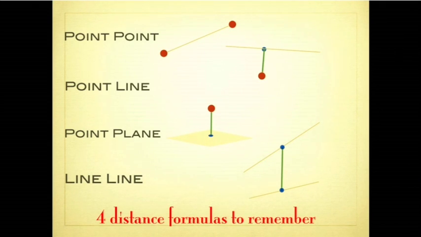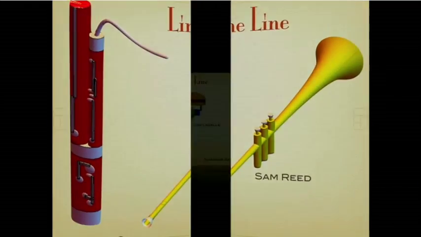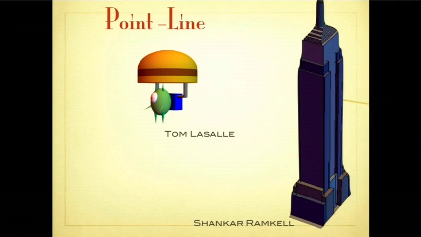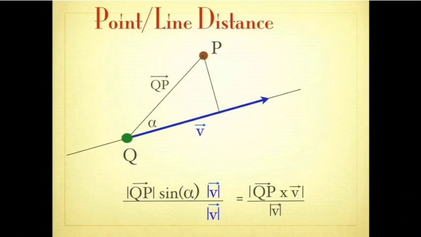And I will come just to this thing. So there's line, line. By the way, there are beautiful implementations in Mathematica of some instruments. So to have one line and another line, we want to find the distance between these two lines. And then we have the problem of finding a distance between a point and a line. And then the third thing is we want to find a distance between a point and a plane. By the way, a lot of nice sports thing. I think I could make a game now from all these mathematical implementations. So let's go through that.